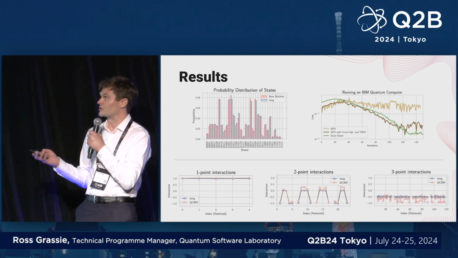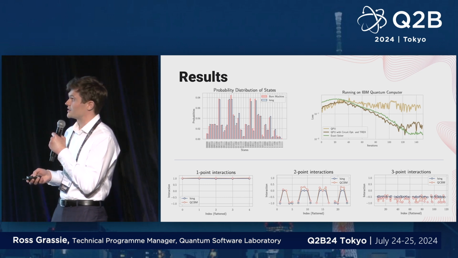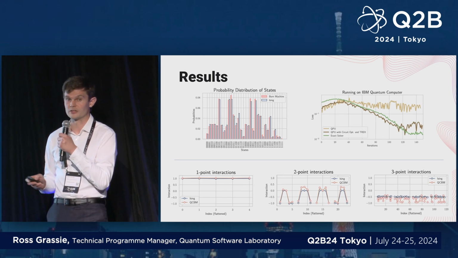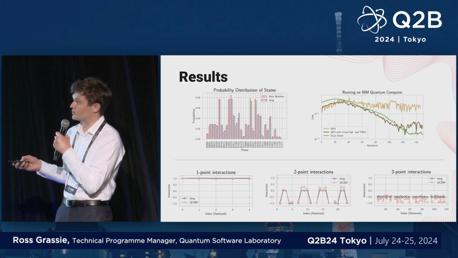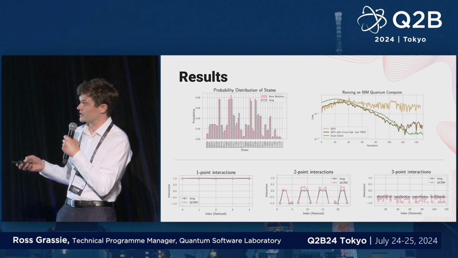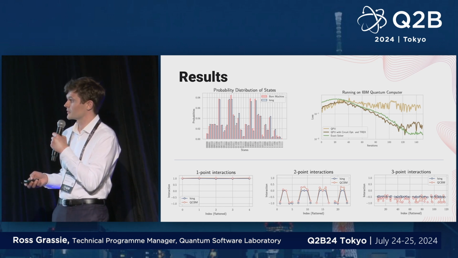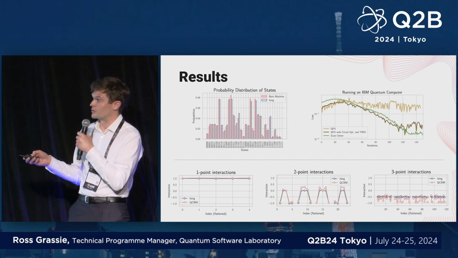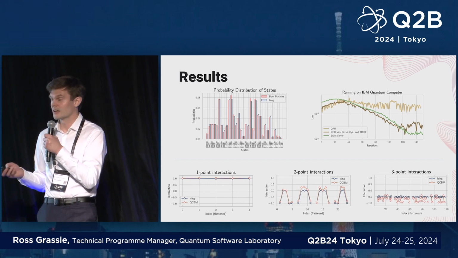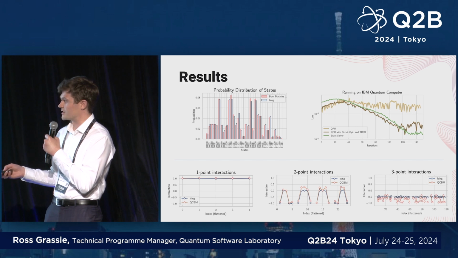And we can see from these results it is working quite nicely. In particular, because the Ising model has an analytic form for its probability distribution, we can consider these blue lines here as a ground truth, and then the Born machine is how we are performing against the probability distribution. We can then take this probability distribution and calculate the 1, 2, and 3-point interactions within the chain, which is going to tell us how well it's actually capturing all of these different interactions,